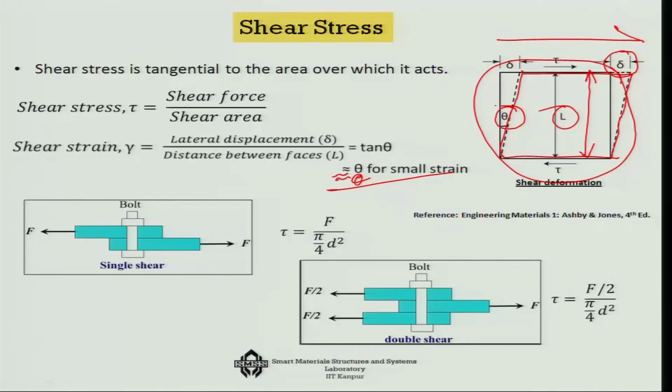So, for example, if you have two plates which are just lapped with each other, and you are using one single bolt to lock it, and then you are applying the shearing force on the plate system, then what you have is a single shear, because the bolt has to fail across this area of cross section. So, that is the shear stress that is happening. That shear stress is of a much higher level, because corresponding to the force you are getting only this much of area.